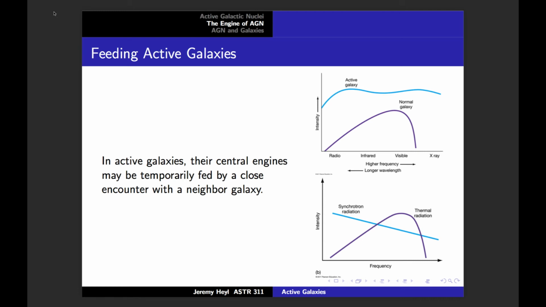Whereas in a normal galaxy, the radiation peaks in the visible, which is no coincidence because we live near a star, and the star's light peaks right where our eyes are most sensitive. And in a normal galaxy, the light is dominated by the stars. So